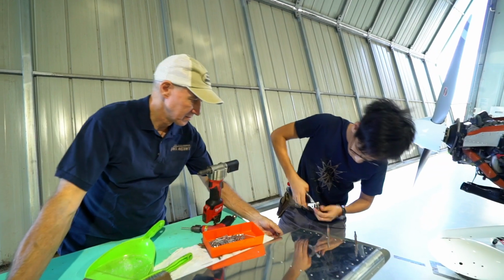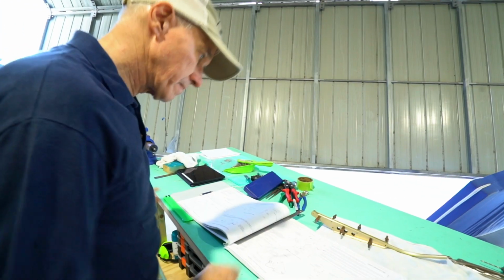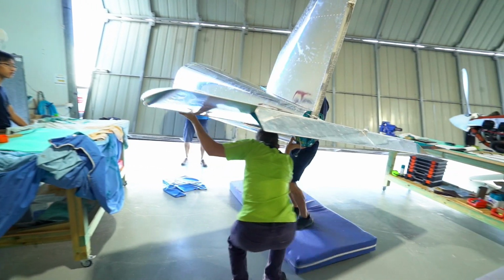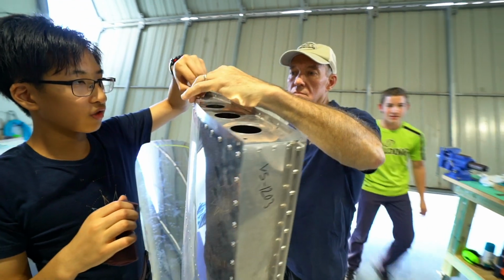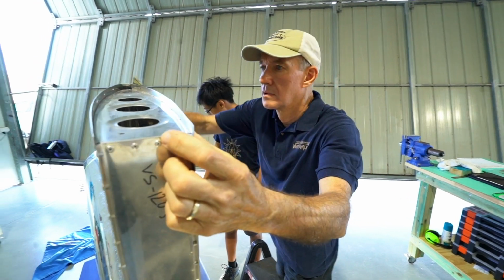We run an organisation called Flight Youth Engineering, and we're preparing teenage kids, school-age kids for the aviation industry, those that have shown an interest. We develop that interest into a passion. We supply a VANS RV12 aircraft to high schools around the country. Then we supply mentors and the experience of the industry to be able to build that aeroplane within the school grounds. Once the school has built the aircraft, usually in about 12 months' time, we offer the students flying training